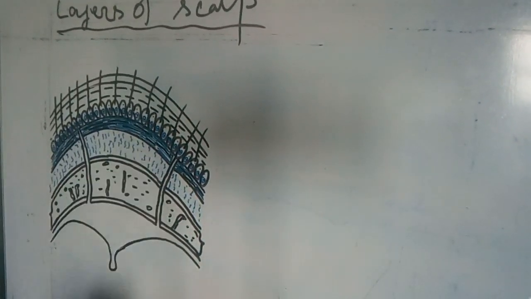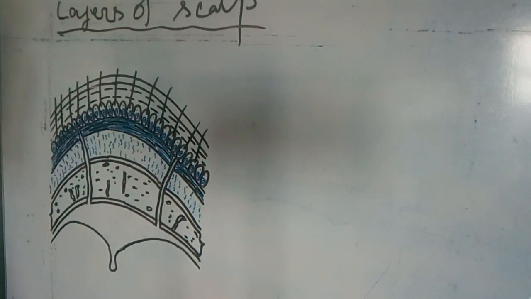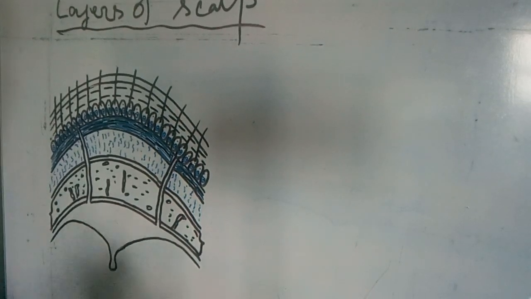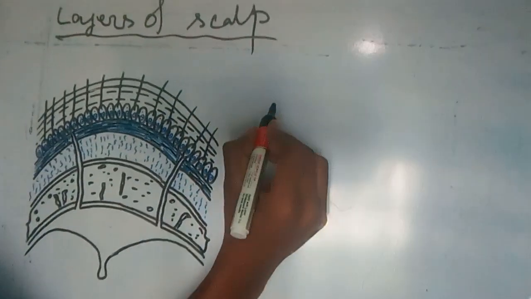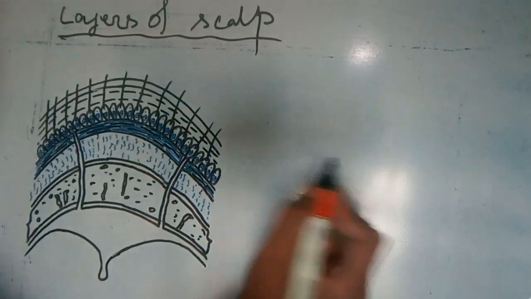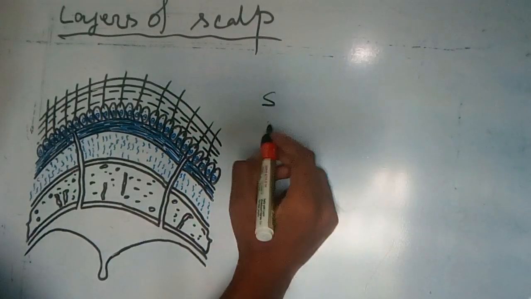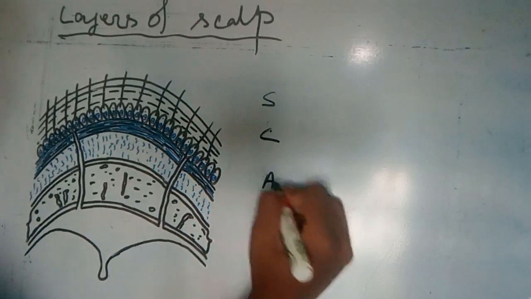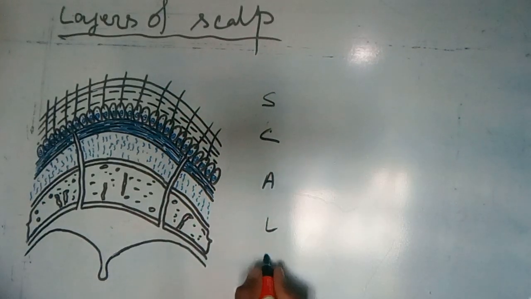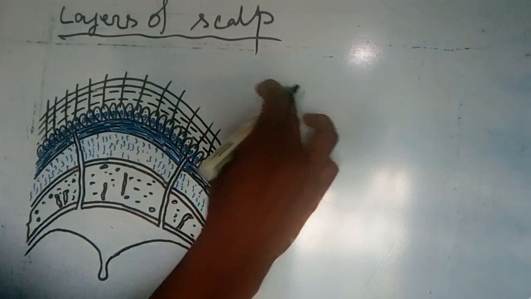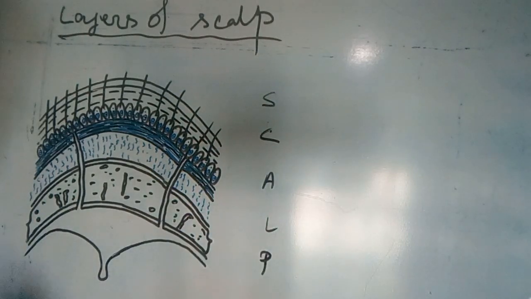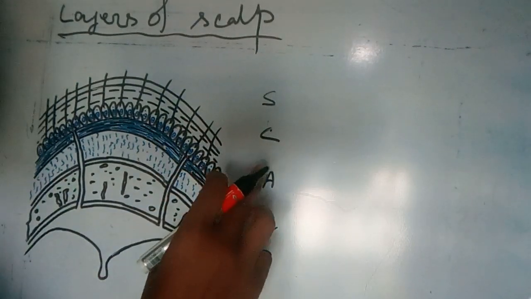The different layers of the scalp are: number one,